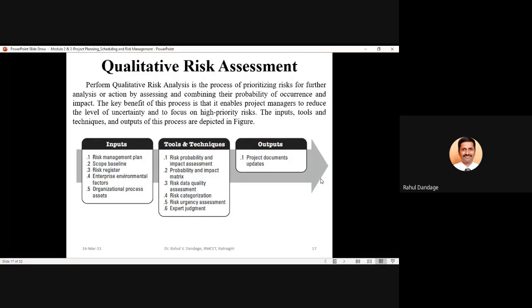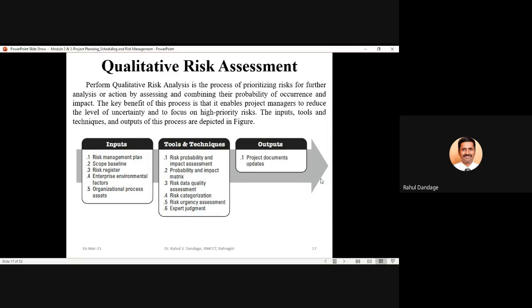The key benefit of this process is it enables the project manager to reduce the level of uncertainty and to focus on high priority risk. So once you have conducted this exercise of prioritizing the risk, it will be better for your project manager to focus on high priority risk as compared to the risks which have lower priority.